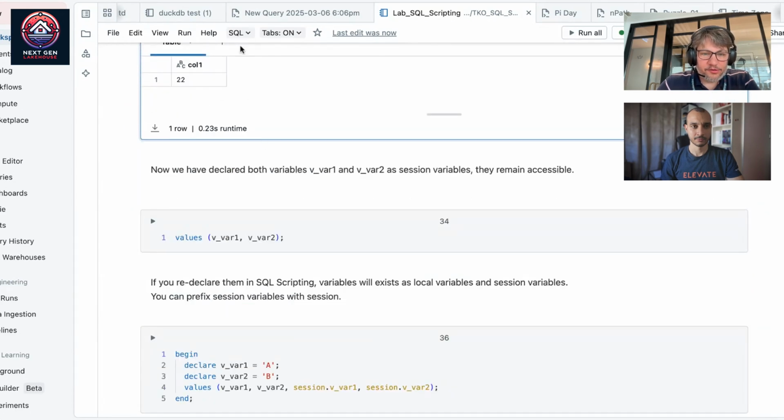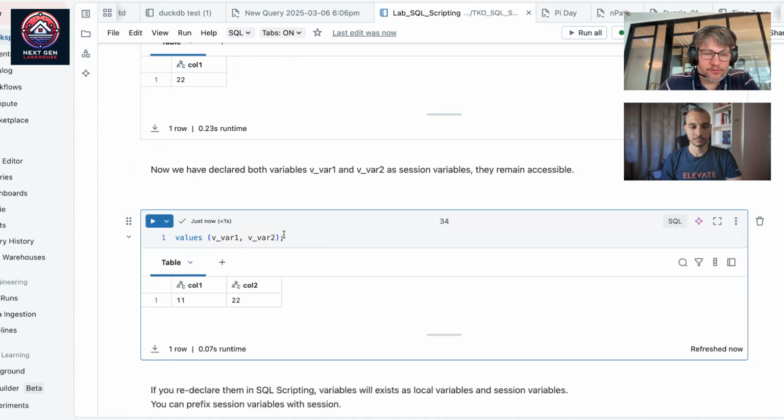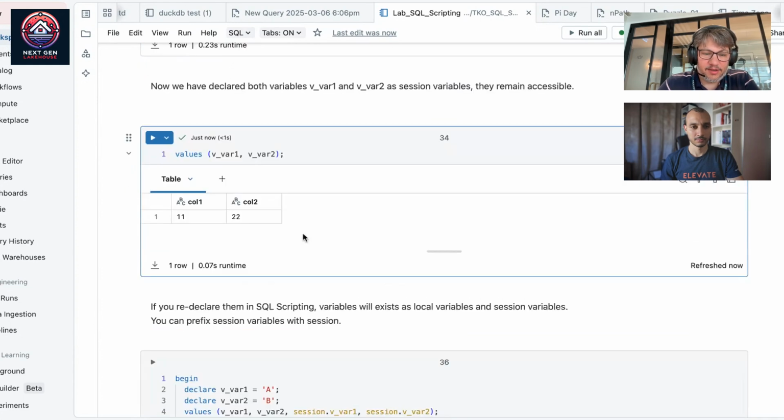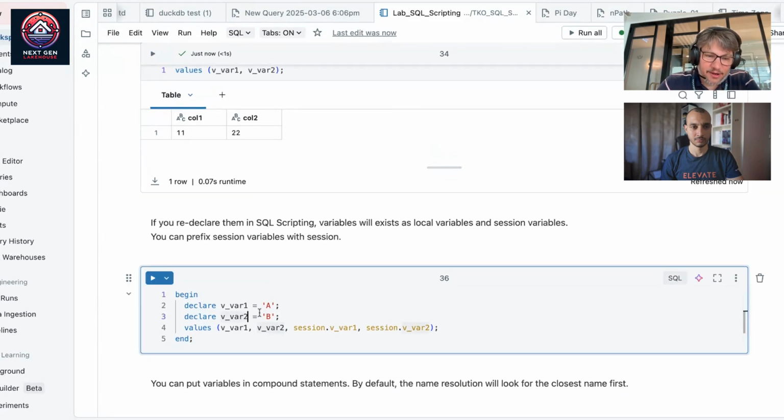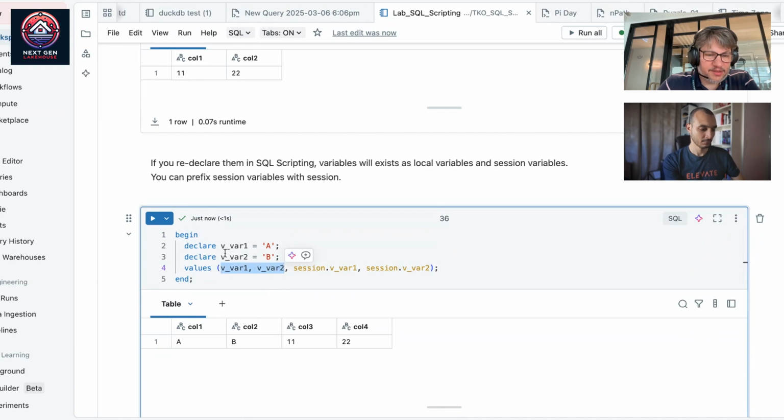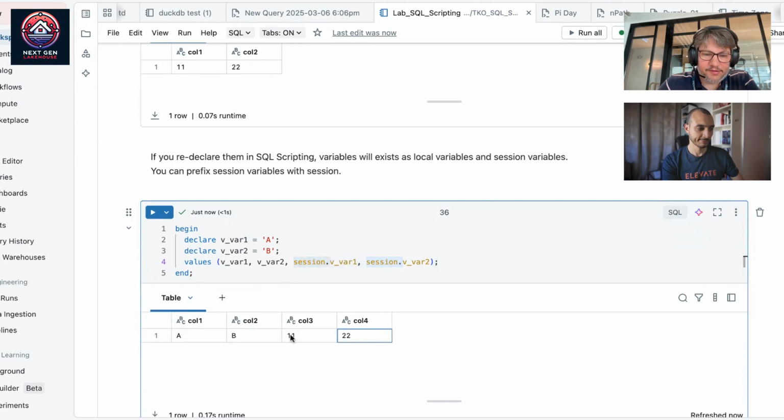We've declared the two variables var1 and var2 as session variables. So now they exist and I can use them outside of SQL scripting, but I can also use them inside SQL scripting. And you see here, I'm creating two new variables with the same name inside SQL scripting, but they are both living together. So those two are the ones that I just declared here inside SQL scripting, and I can reference the session variable with a session keyword here,